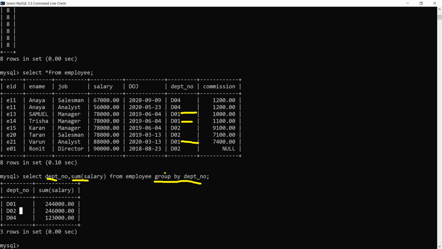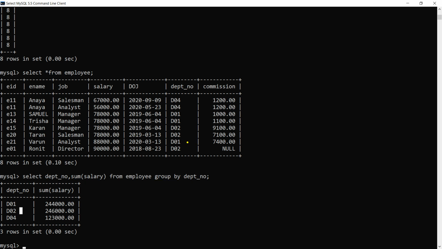So D01's total salary is being displayed. If you total it manually, it will be correct. Under D01, how many records are coming? 3 records are coming in D01, and these 3 highlighted records are coming in D01.